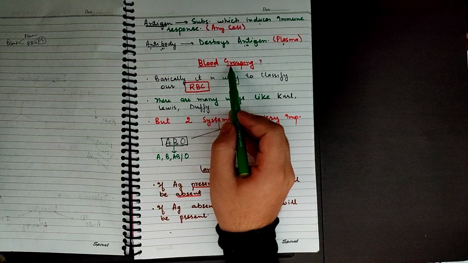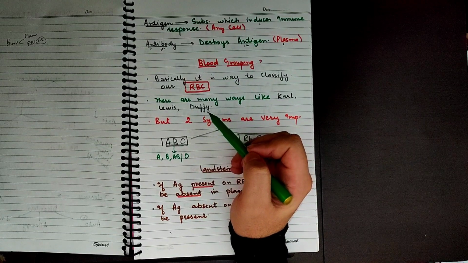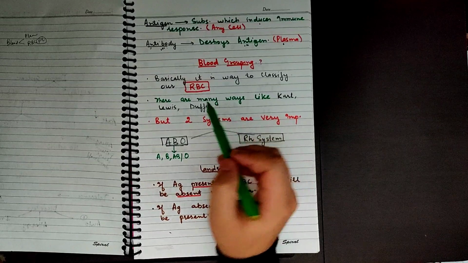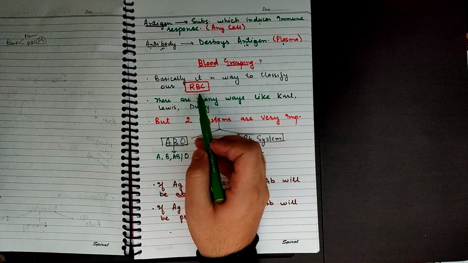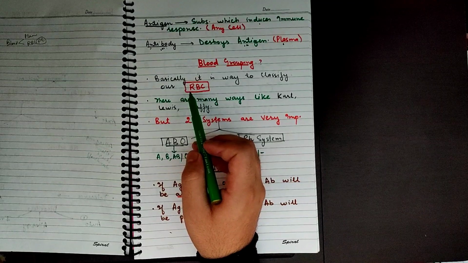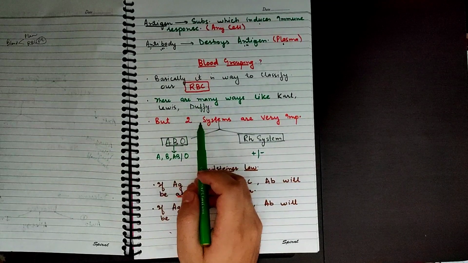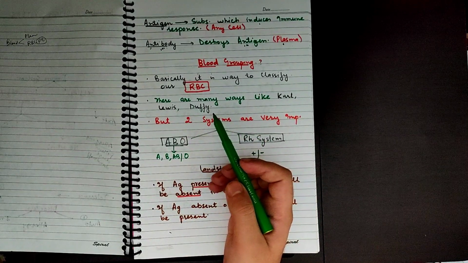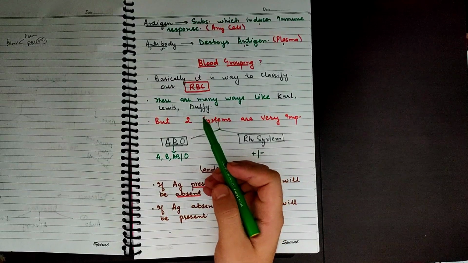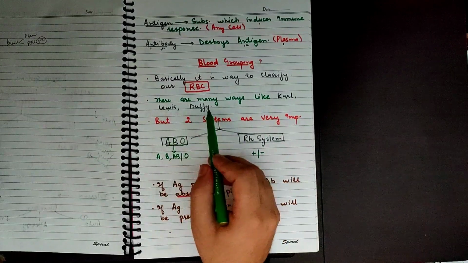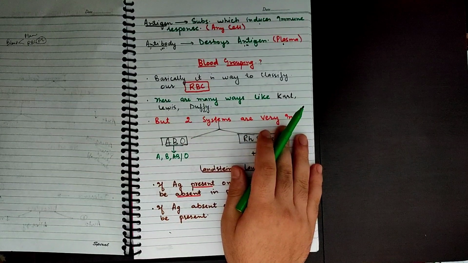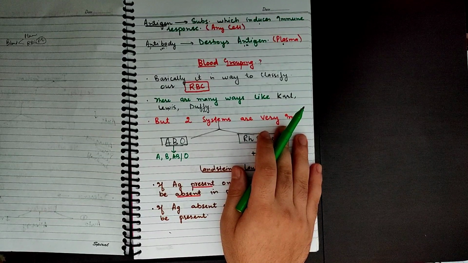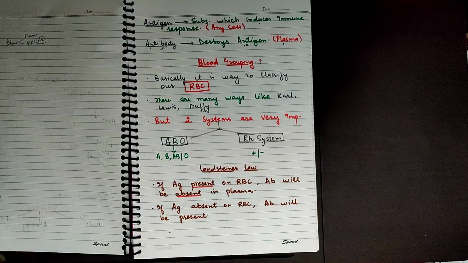Now coming to the blood grouping. What is blood grouping? In common language, it is a way to classify our RBCs. The way to classify the RBCs inside our blood is known as blood grouping. There are many different ways to classify our RBCs. Like we have Kell, we have Lewis, we have Duffy, but all these systems are not important clinically for us, because whenever somebody asks you regarding your blood group, what you say